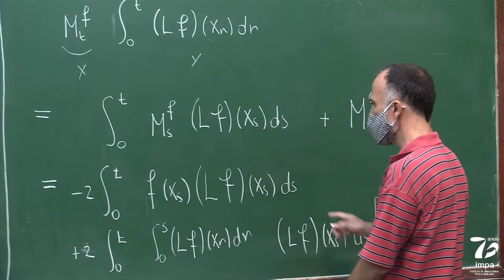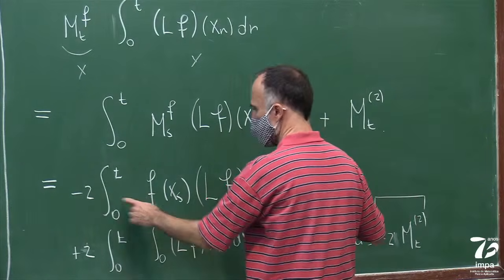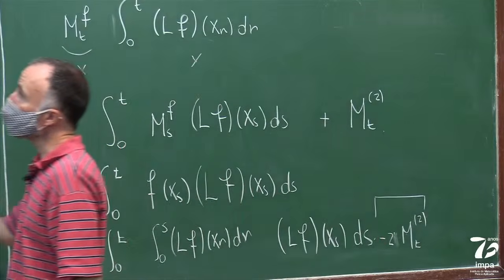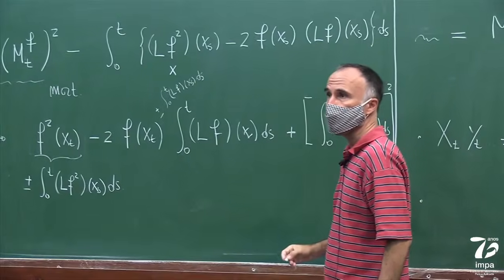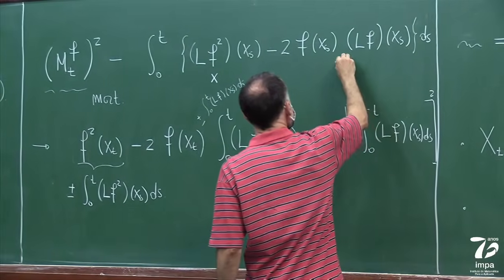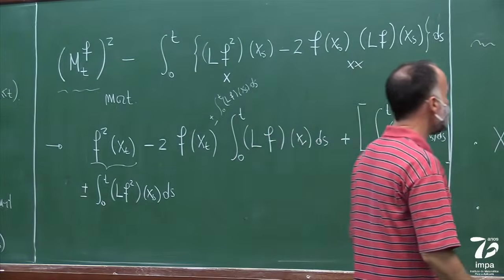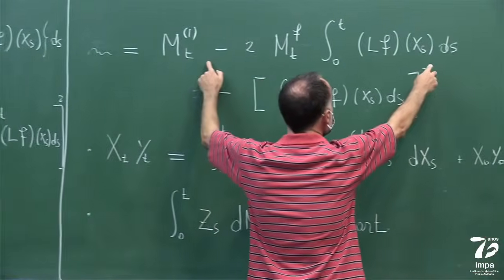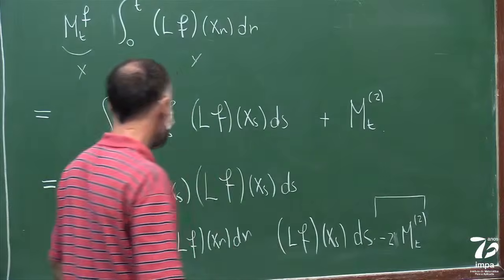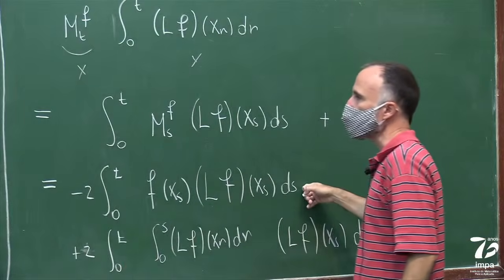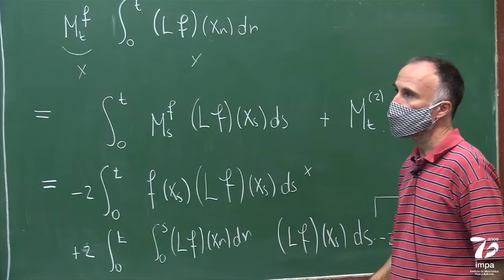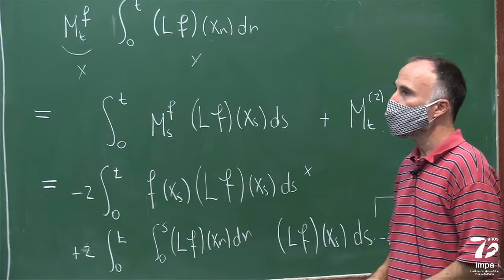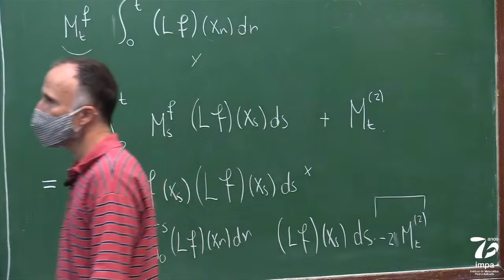Then you see what appeared here is the minus 2 f Lf, which is this term. So when I'm computing this term with the minus 2 in front, what I obtained is exactly this term. So this term here will cancel with that one, which means that up to now,